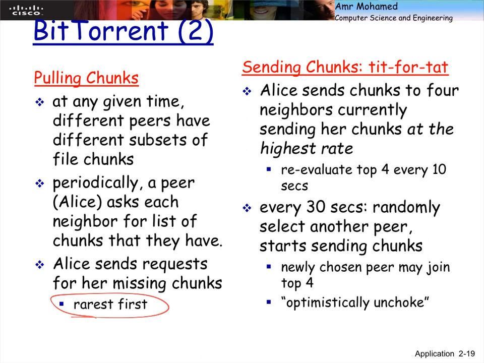So until now, we know that we reciprocate. We sort them in descending order every 10 seconds. So the rank of different nodes might go up or down in this rank. And we select the highest 4, and we reciprocate to this highest 4 the chunks in terms of upload. One added thing, every 30 seconds,